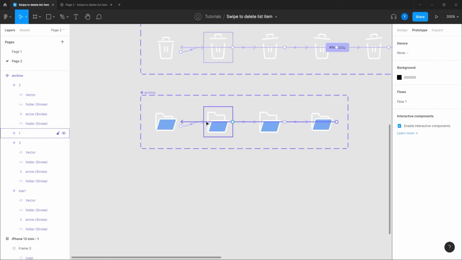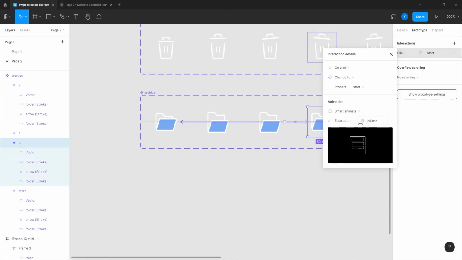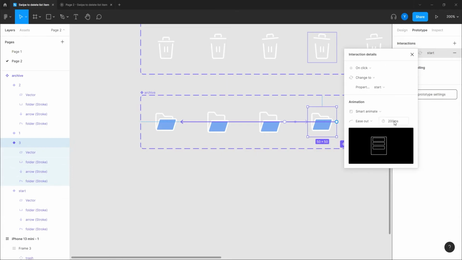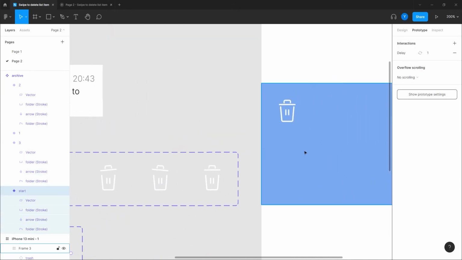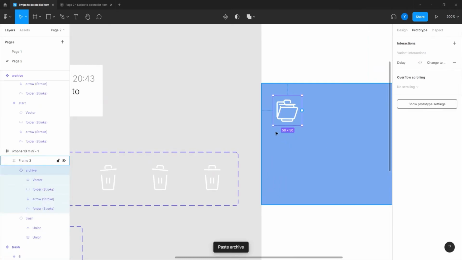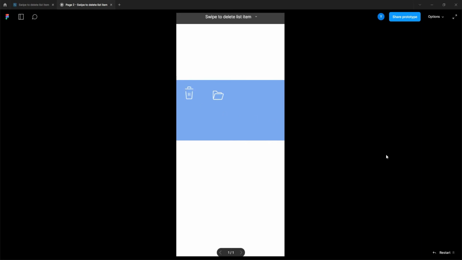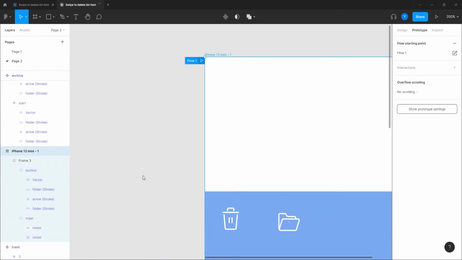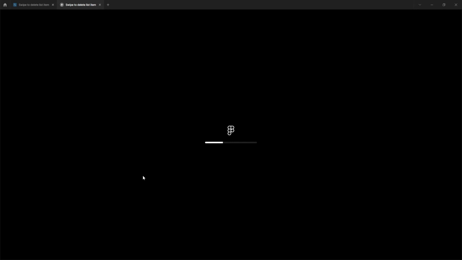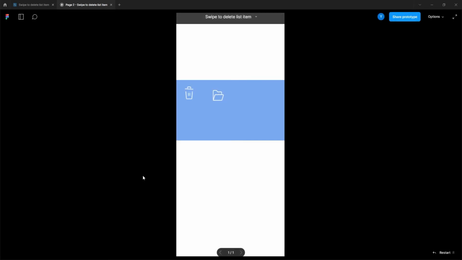You know what? I'll show you. If I give it a smart animate, let's give it 300 milliseconds. I think that's okay. We'll see now how it works. Okay, copy, paste here, and let's see what happens now. Nothing happens. Okay, because sometimes with an interactive component you have to reload it again. I don't know if the restart maybe would have done the work.